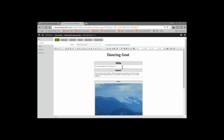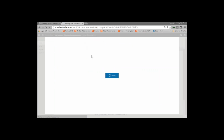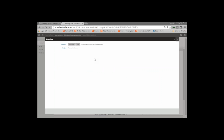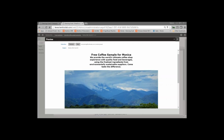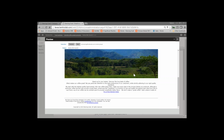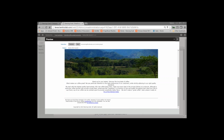Now I have this information here, and I can go ahead and save this. I do have the ability to preview this content. I can send a draft email, so if I want to test it against different browsers, Gmail, Outlook, and so forth, I can ensure that it opens and that the images are associating properly, or I can use my preview to just see what this content is going to look like. Again, pretty basic. Just my title, my free information, my little teaser, my body of content,